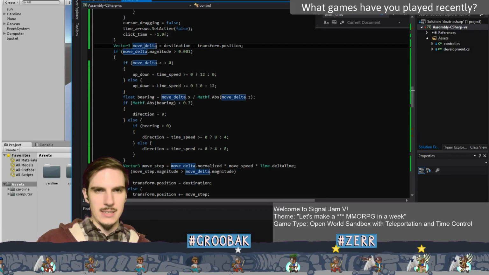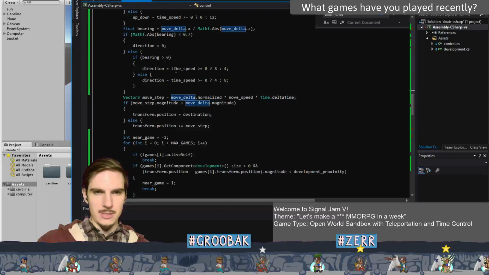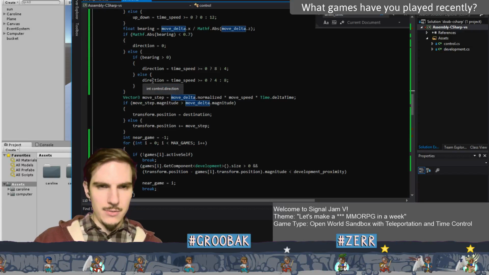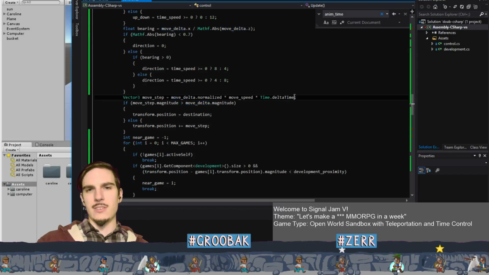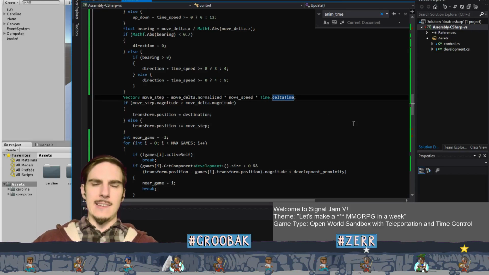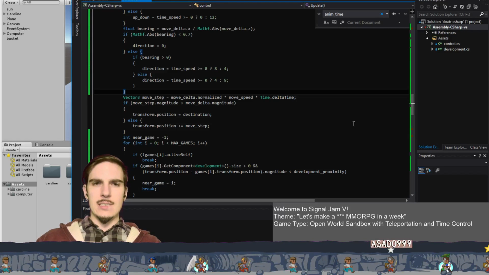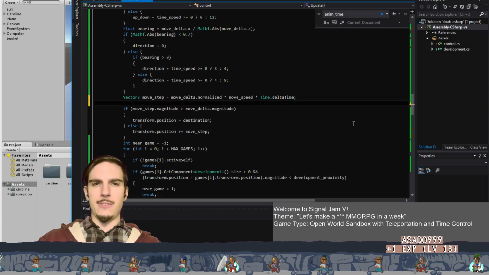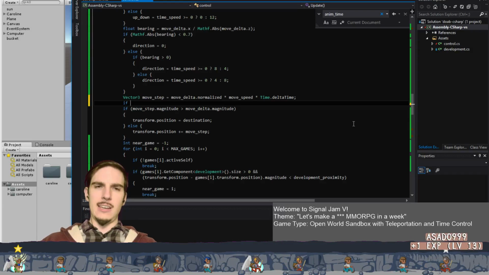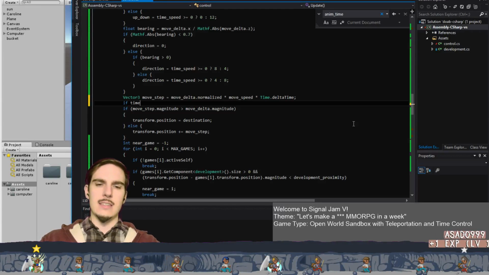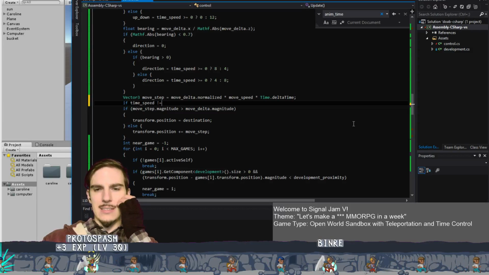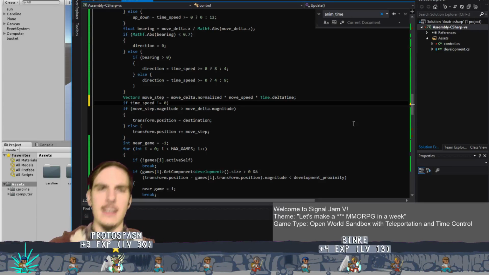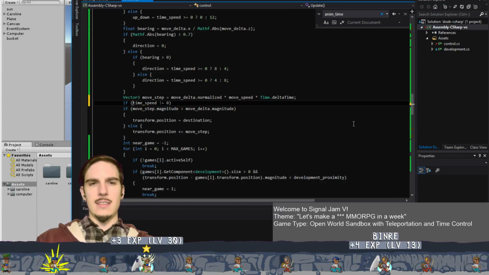Move delta. Where do we actually do the moving? Move step, yeah, okay, move step times time, so then also, right, so then, if time speed is not equal to 0, then we will also say,